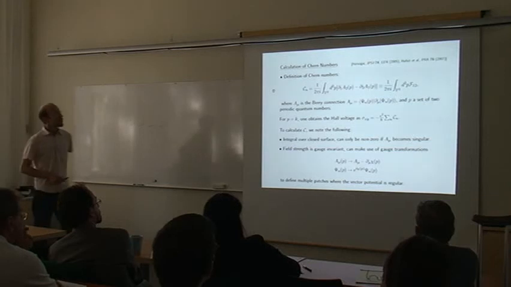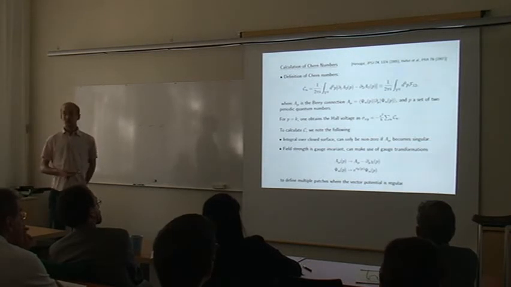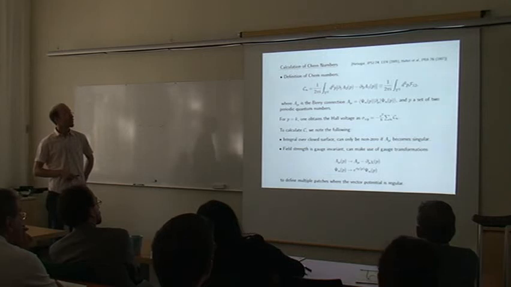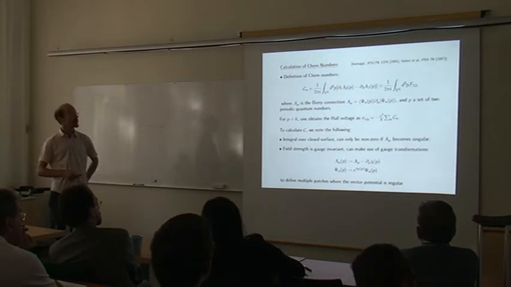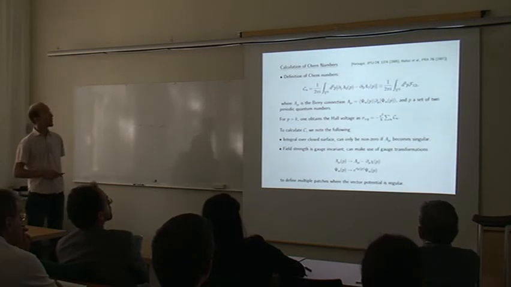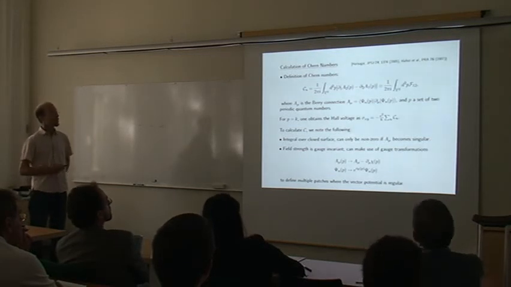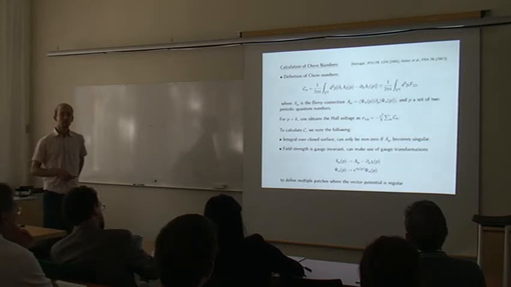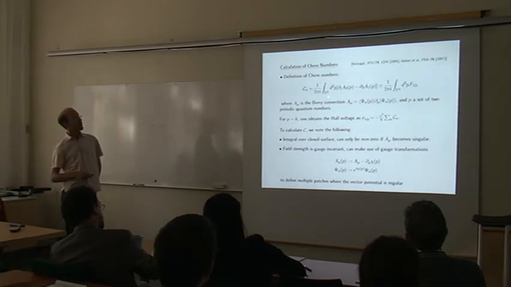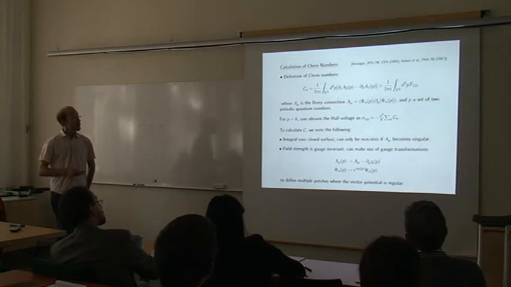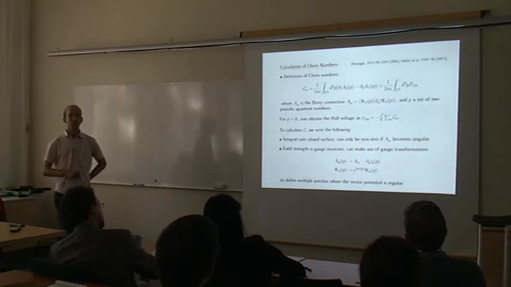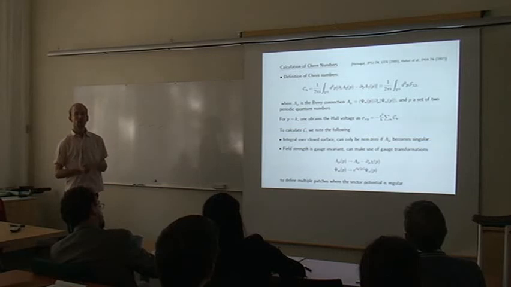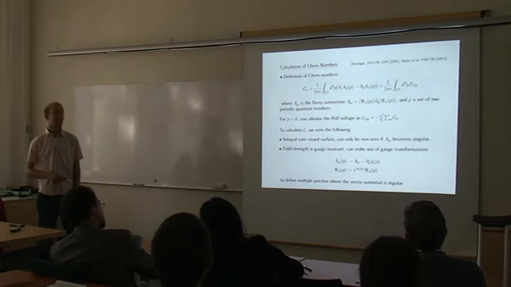Okay. So one thing we might want to calculate is the Chern number, and there's a nice graphical way of doing that calculation, which was described by Hatsugai in this paper. So what's the Chern number? The Chern number is defined for any set of quantum numbers that are defined on a toric boundary, a torically closed surface, like the Brillouin zone, for example.